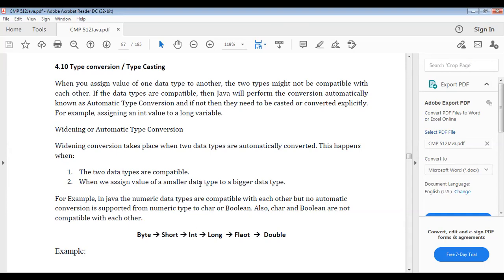For example, in Java, numeric data types are compatible with each other, but automatic conversion is not supported from numeric types to char or boolean. Also char and boolean are not compatible with each other. Byte is converted to short, int, long, float and double.